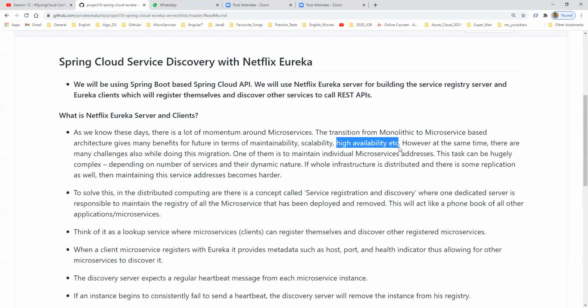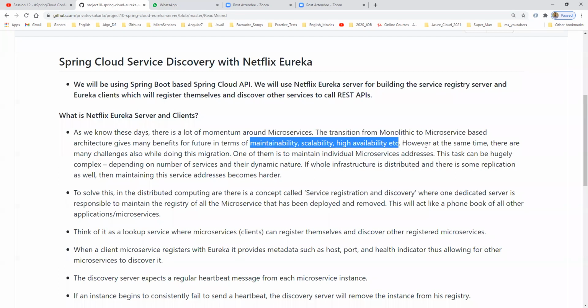We can give the availability of that service. So these parameters or factors we can easily provide from the microservices only. That is the reason all the companies or organizations are moving to microservices. They want to transition monolithic services to microservice applications. So these are the key factors why they are converting from monolithic to microservice.